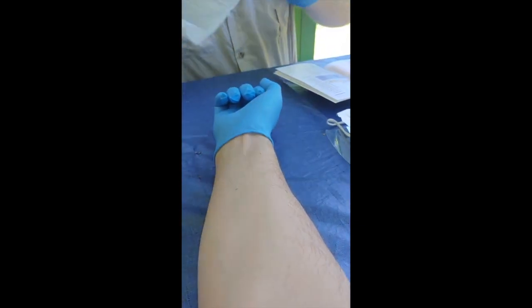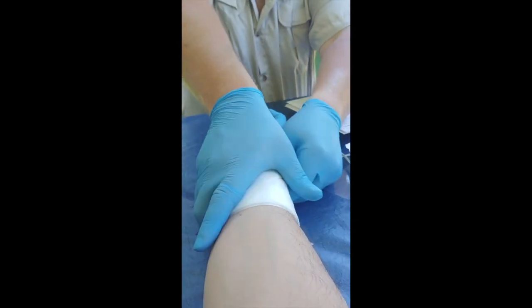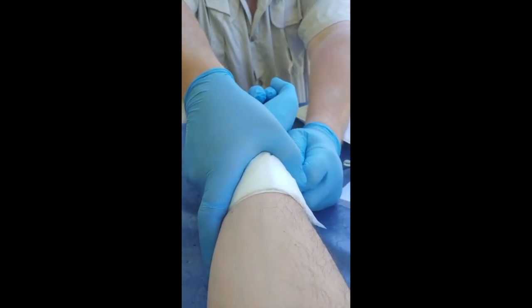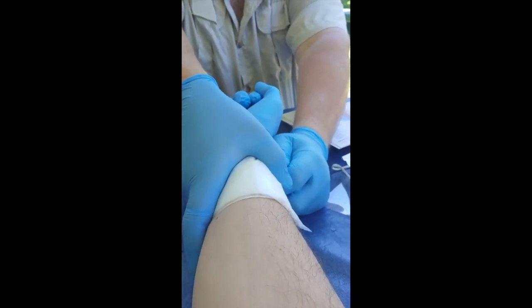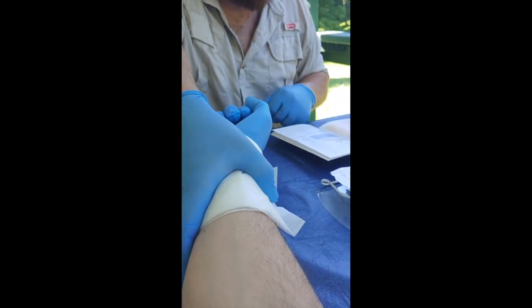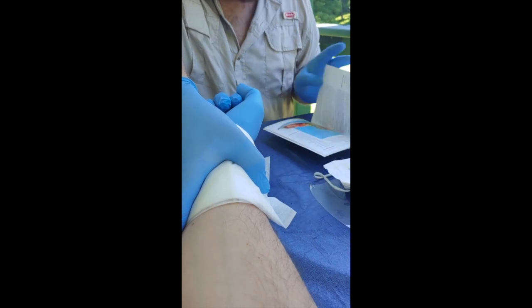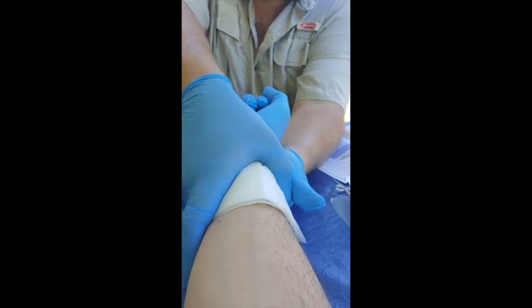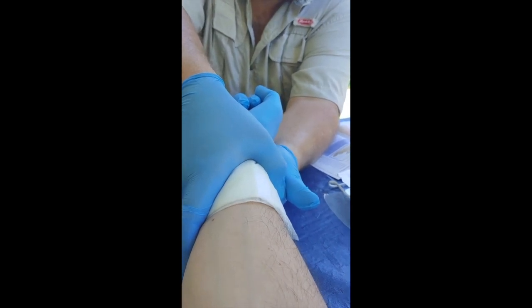Again, we're going to use this scar as a reference. Going to put lots of pressure on it, and we're going to put the arm above the level of his heart, or even better, above his head. And what that does is draw some of the blood out of the arm. That helps to get the bleeding under control, and maintain pressure like this until the bleeding stops or slows